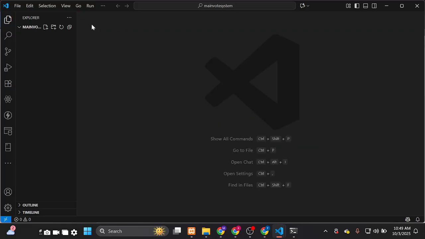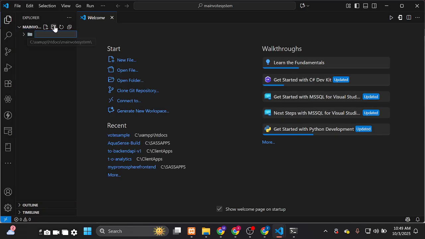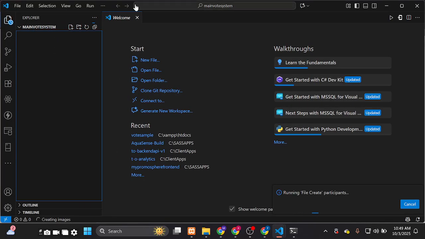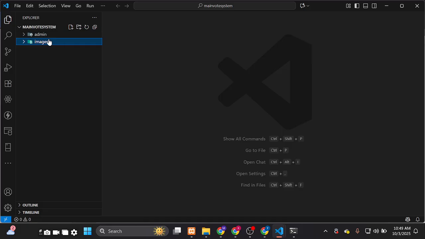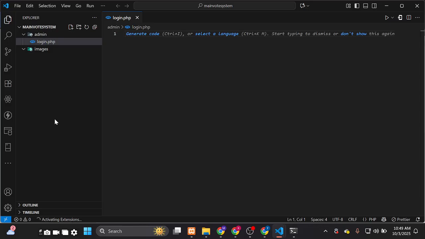All right, okay, good. So right now I'm going to create a folder called admin like this, and I'm also going to create another folder called images. In the images folder I'm going to store the images of the people we are voting for, and in the admin folder I'm going to have something called login.php,